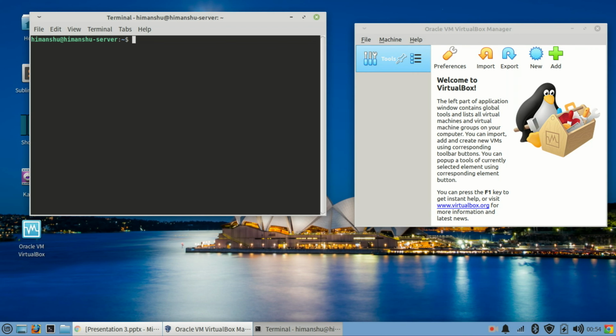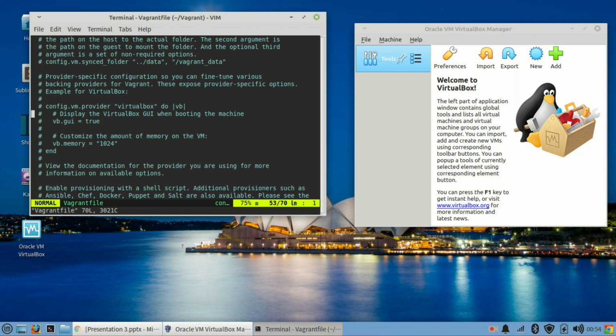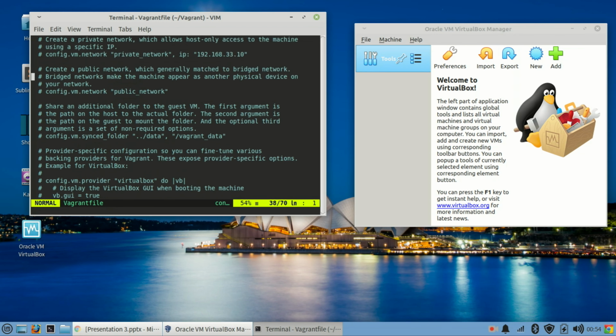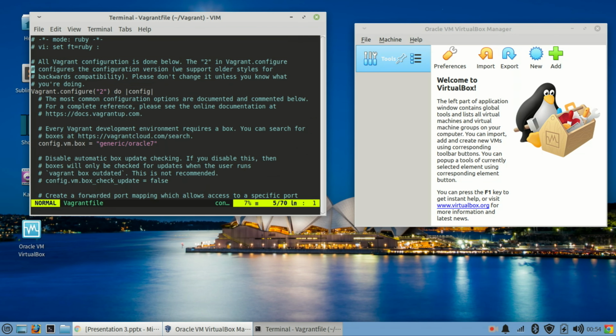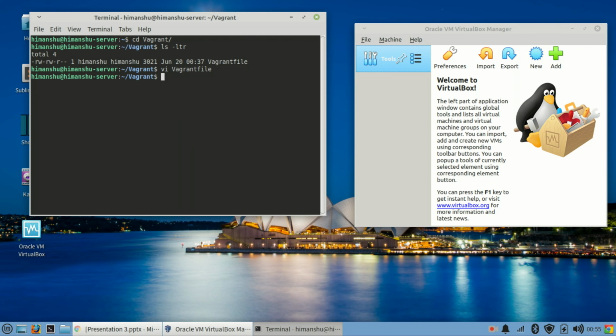I will go back to my terminal and go to the directory where my Vagrant configuration file is. So right now this is the default configuration file. If you don't want to make any changes, you can simply use this to provision your OS quickly. Now what I will simply do is vagrant up. So now it will use this file to go ahead and provision your